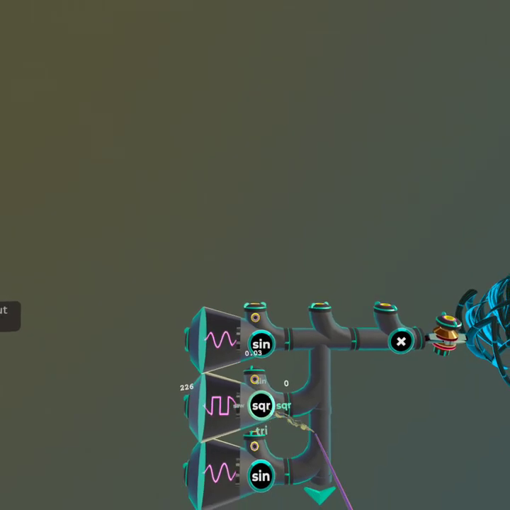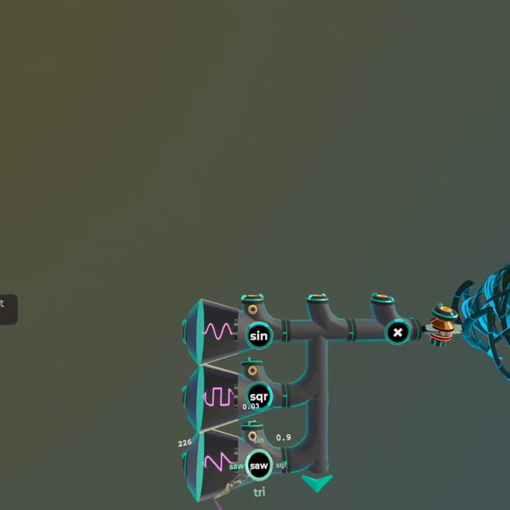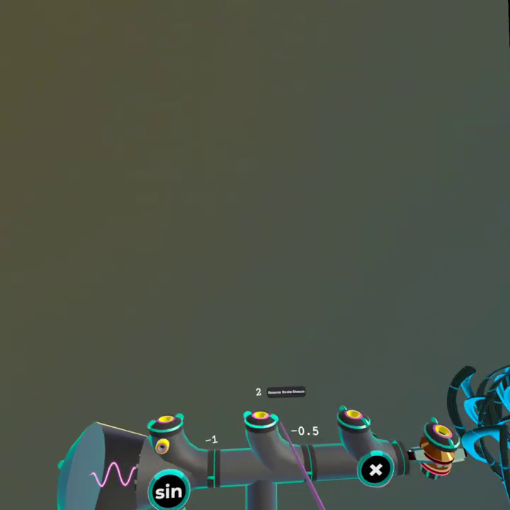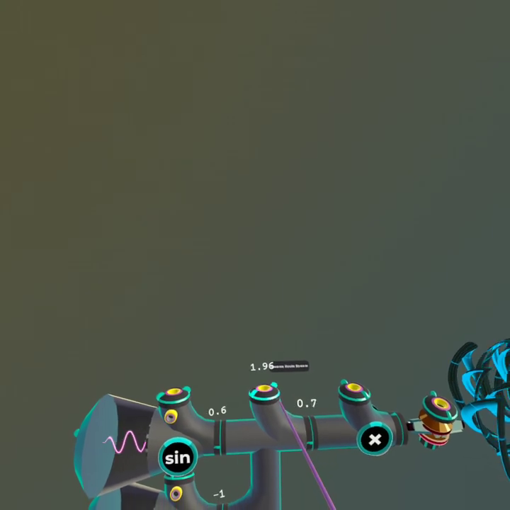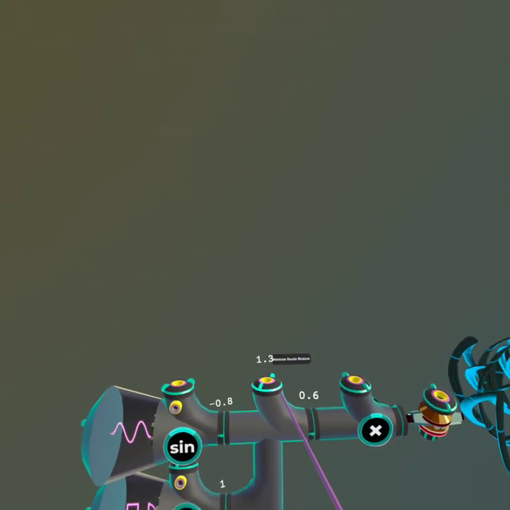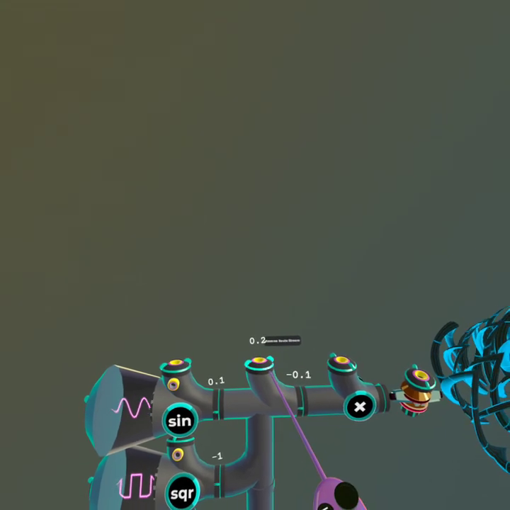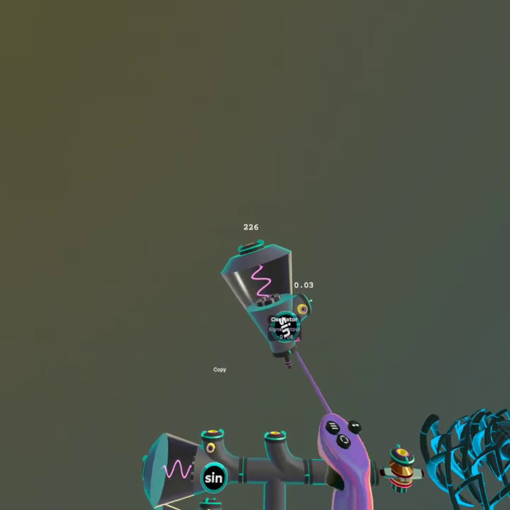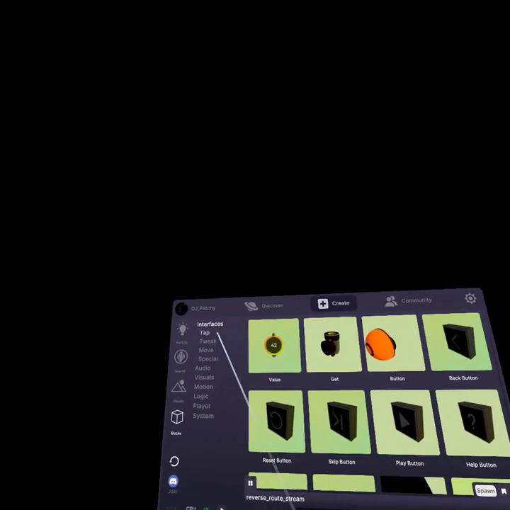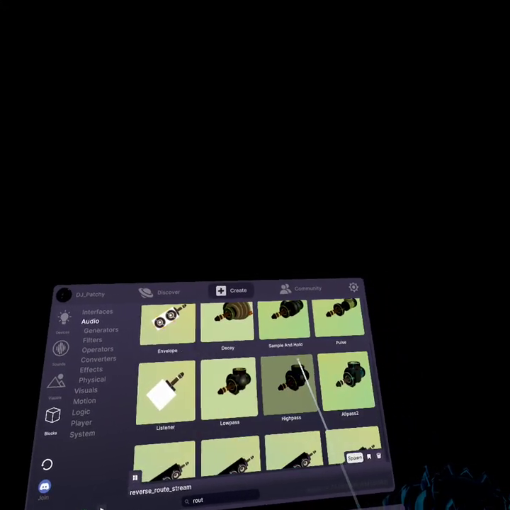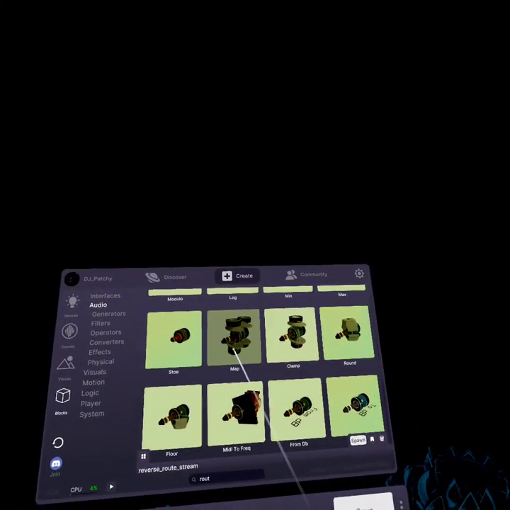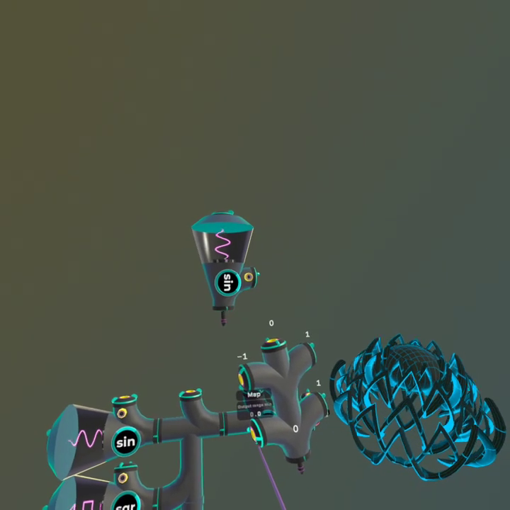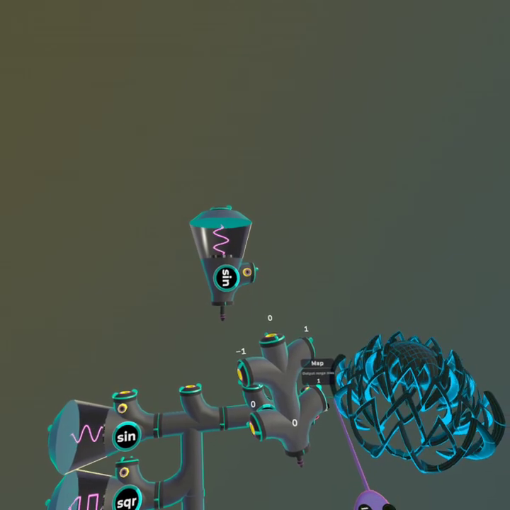Now, the cool thing here is that not only does it select which output, but it also goes between them smoothly. It mixes between all the values. So what this means is that, for example, if I take this and I take a map, so I can convert the values from -1 to, let's say, 0 to 3,